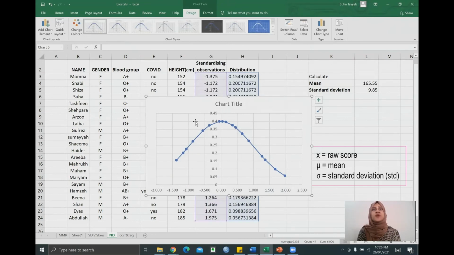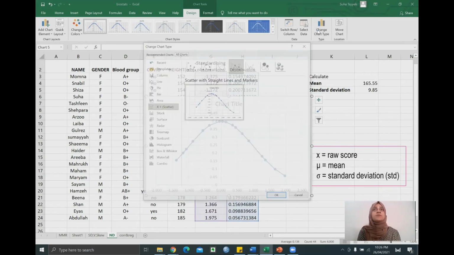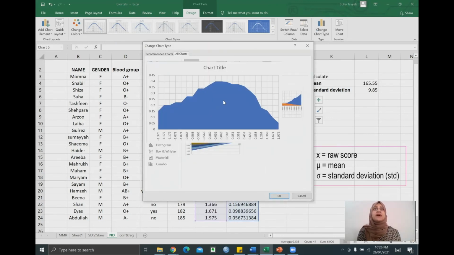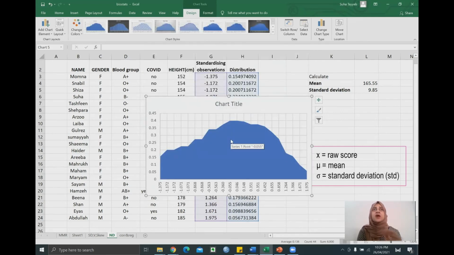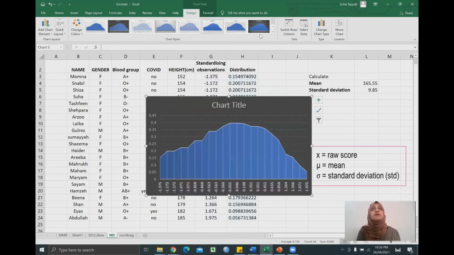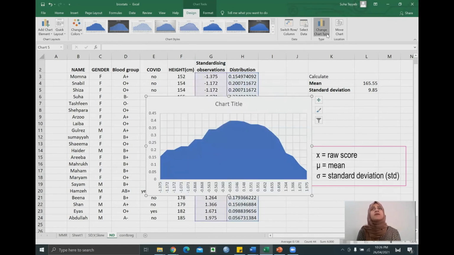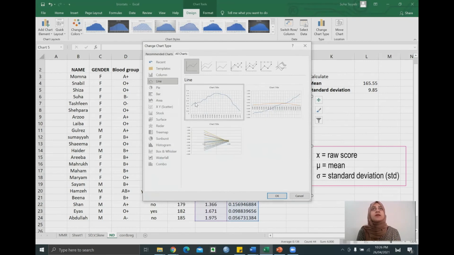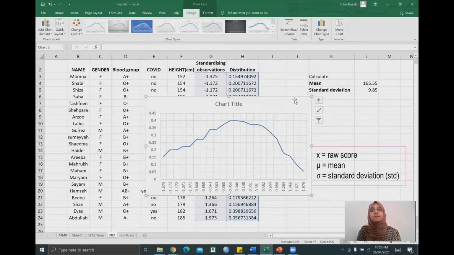So it shows me a curve, but this is not really an area curve, because we know that a normal distribution curve has an area of 1 under the curve. So I'm going to go to change chart type, go to my area option and select this chart. Okay, it's somewhat better, but maybe I just want to see it as a line chart. Yeah, so I can change all of these. I have tons of functions over here. I can even change the chart type. I can make it a line chart and click OK.